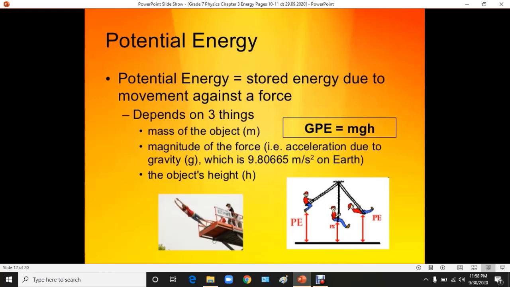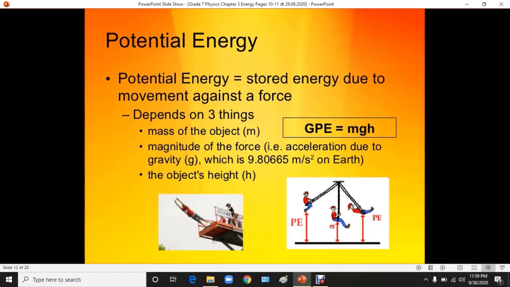Here, the potential energy, which we call the stored energy due to movement against the force, depends on three different things, namely the mass of an object, the magnitude of the force, and the object's height. The mass of an object is given as m, the magnitude of the force as g, and the object's height as h. So gravitational potential energy is equal to mgh, that can give you